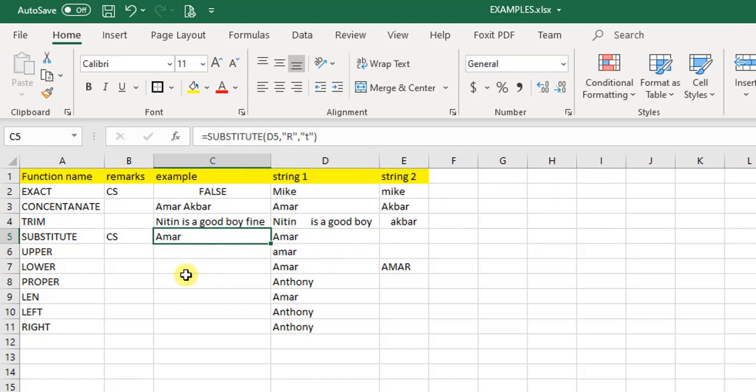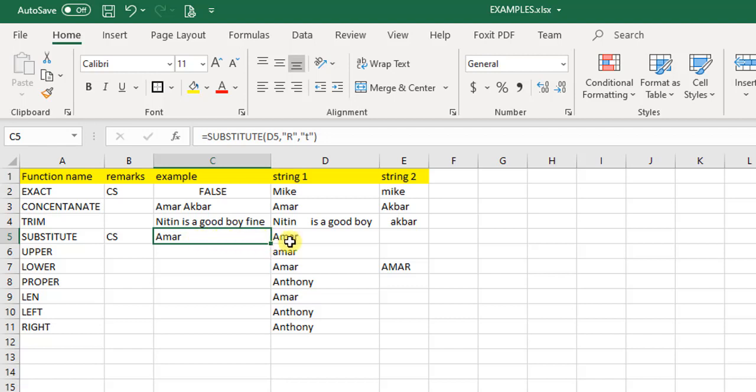Because the small r is not the same as a big R in the eyes of the substitute function. It is case sensitive. So you have to mention the replacement in exact case, not only in terms of alphabets but also in terms of case, taking care of the case of the letter.